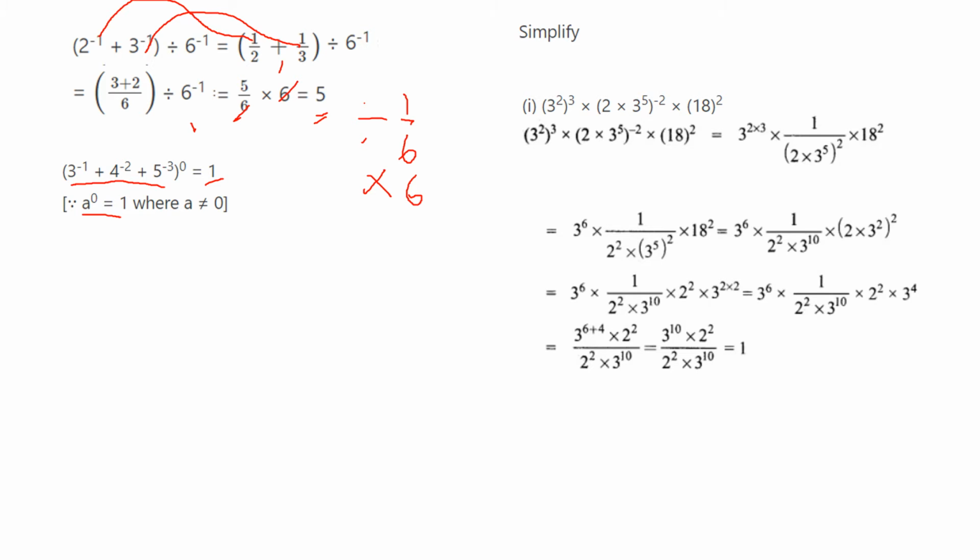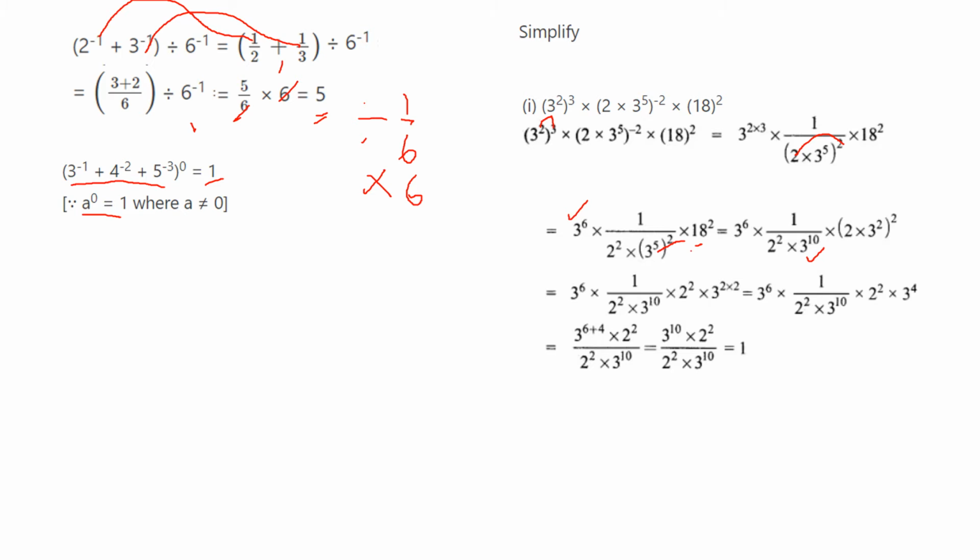Simplify 3 squared whole cube into bracket of 2 into 3 to the power 5 whole to the power minus 2 into 18 square. So 3 squared whole cube means we multiply 2 into 3, we get 6. Next, 2 into 3 to the power 5 whole power minus 2 means we can write it as 1 by (2 into 3 to the power 5) whole square, fully into 18 square. We can multiply each one, so we get 1 by 2 squared into (3 to the power 5) whole squared into 18 square. So 5 squared also we can write as 3 to the power 10, and 18 squared